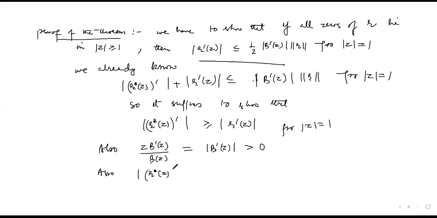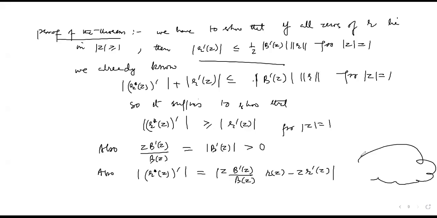In the previous theorem we proved that this derivative is equal to z into b dash z by b of z into r of z minus z into r dash z. We have proved this, so you will copy it, reproduce it from the previous theorem when we evaluated its derivative. So which is the same thing as, if I write it like this, z r dash z